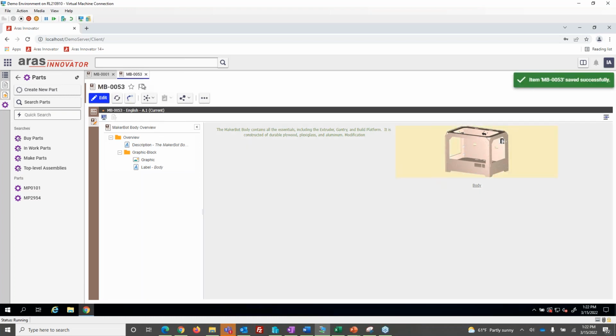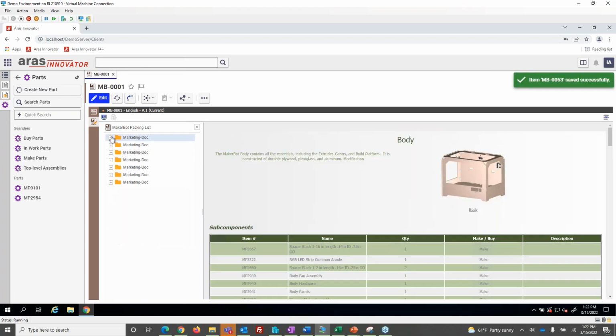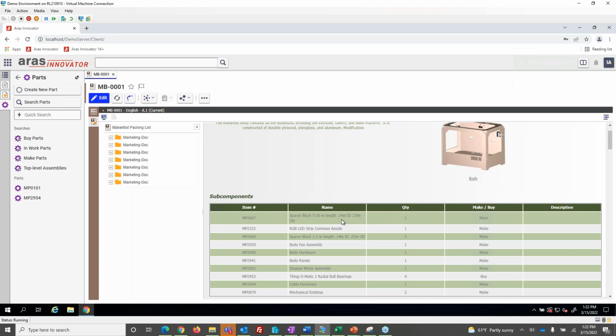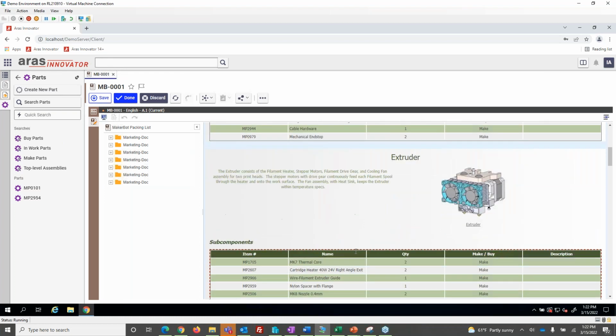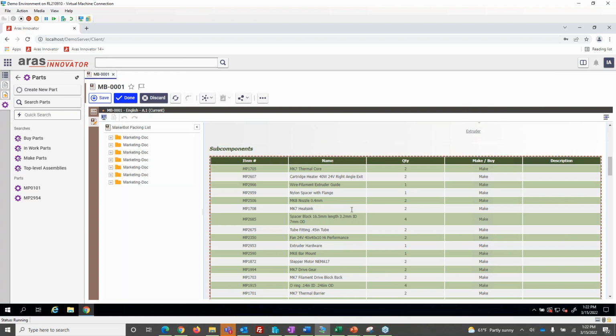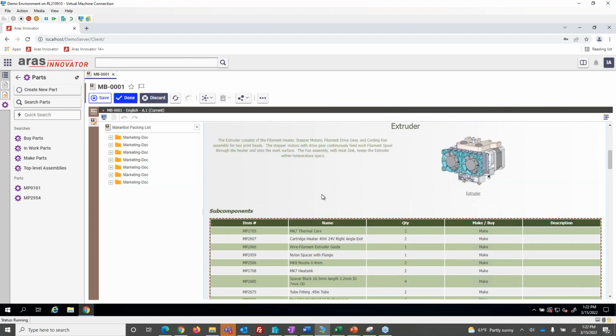So we can also scroll through the rest of our document here. We can see that there is a part that has been embedded within each section of this document, and the parts bill of materials is being shown as a subcomponents list within the document. Technical documents allow for users to link their PLM data directly to documents. And within tables, you're actually able to link properties to each entry. So if we kept scrolling down, we can see that our subcomponent list for our extruder is currently outlined in